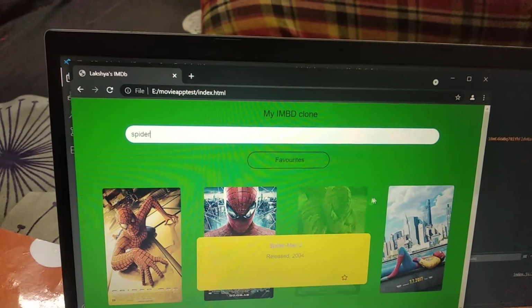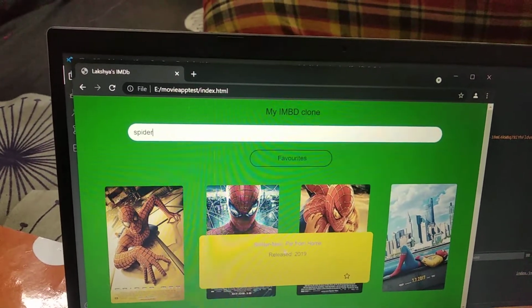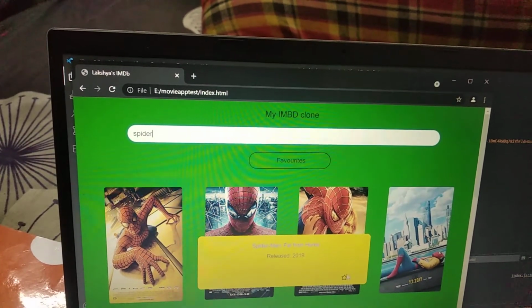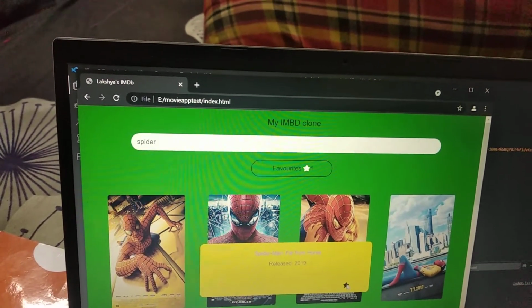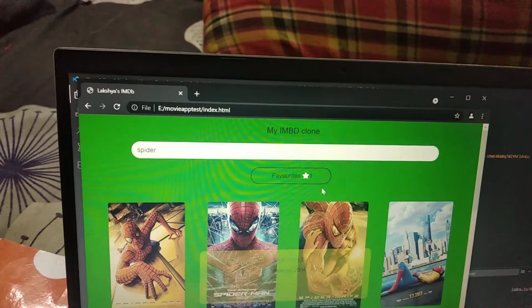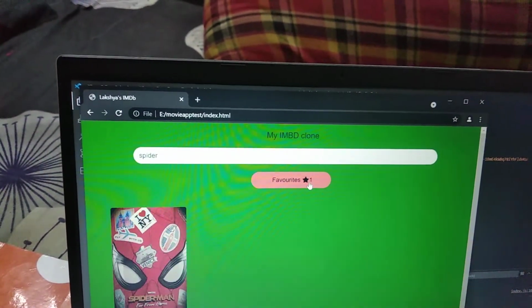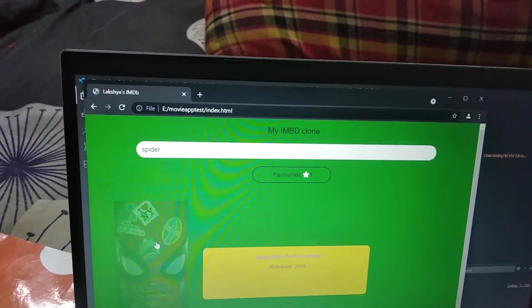each suggestion, it shows me the title of the movie, its release date, and a favorite button. So let me add one of them as my favorite by clicking the star button. You can see it has been added to the favorites, as the favorite button shows the number 1. When I click my favorite list, it shows me the movie, and when I click the movie,